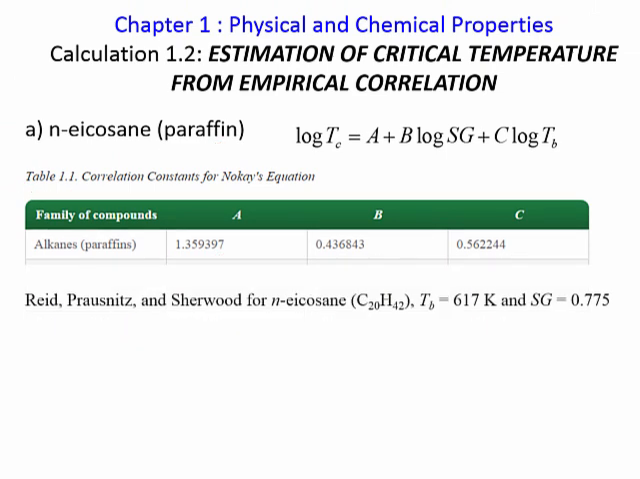Also, from Reid, Prausnitz, and Sherwood, the normal boiling point for normal icosane is given as 617 Kelvin, and a specific gravity is given as 0.775. With these values and the parameters A, B, and C, we can write log natural of Tc, which is